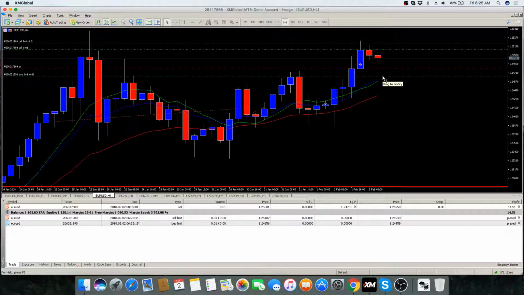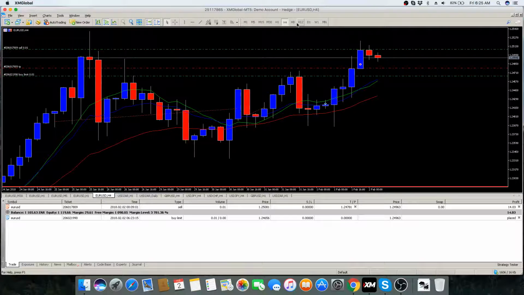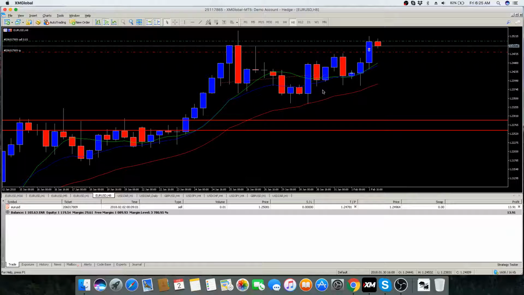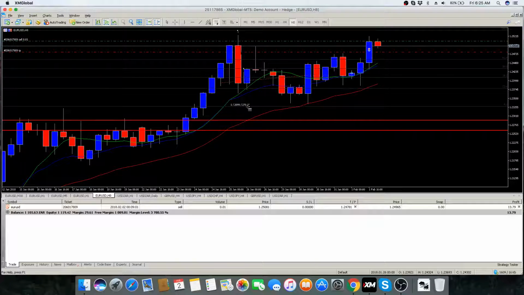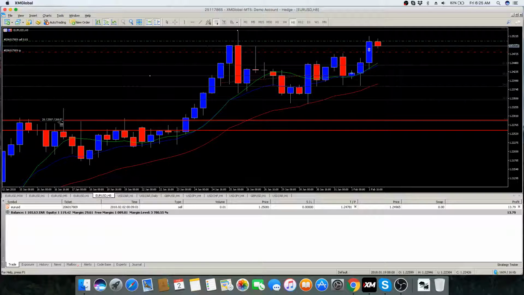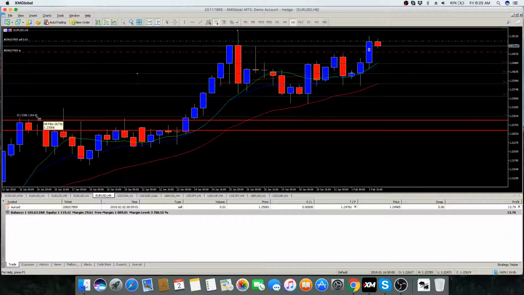I could keep this buy limit here and this sell limit here, but I don't want to be placing trades that I don't want. And delete this one as well. So now, if I look, what's interesting? I could use a Fibonacci retracement to tell me where I would like to put my orders. I usually use a Fib retracement to put my orders, but I'm yet to know how to properly plot a Fib retracement, and that's something I want to ask Nil about.